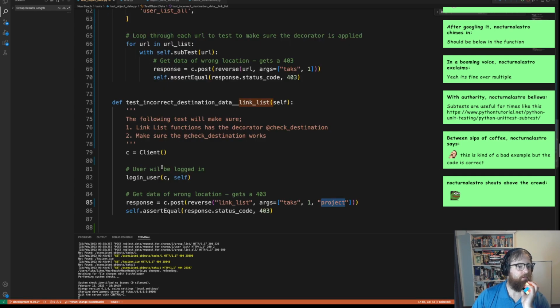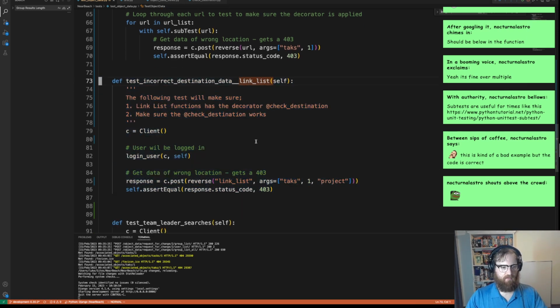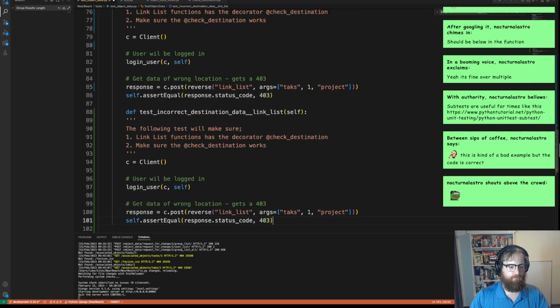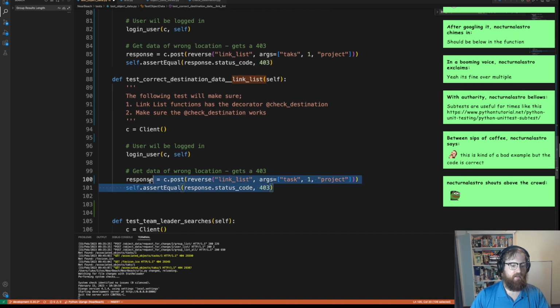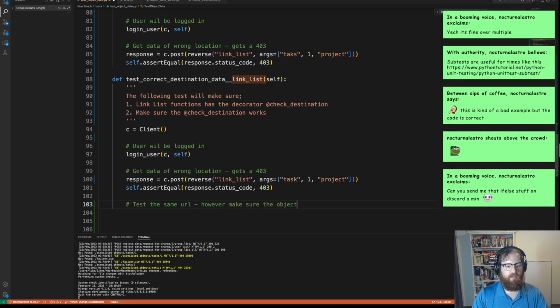All right. So what I'm going to do is, I'm actually just going to copy this. Let's actually put that in right now. Test correct destination data, linked list. So this will be task, and then project will work. And then I'll have one where it doesn't work. So test the same URL, however, make sure the object data